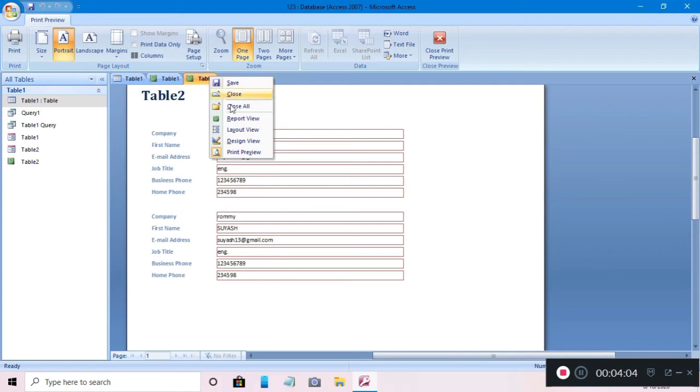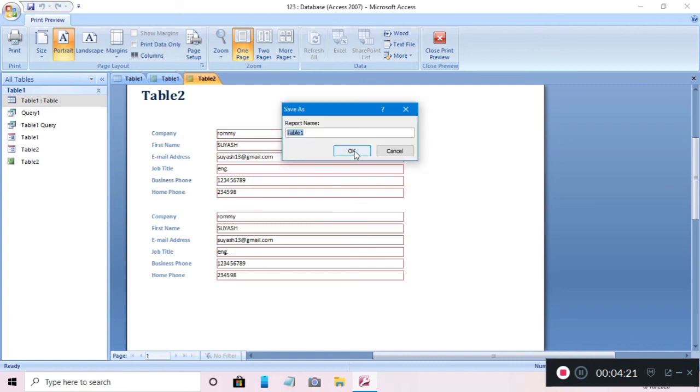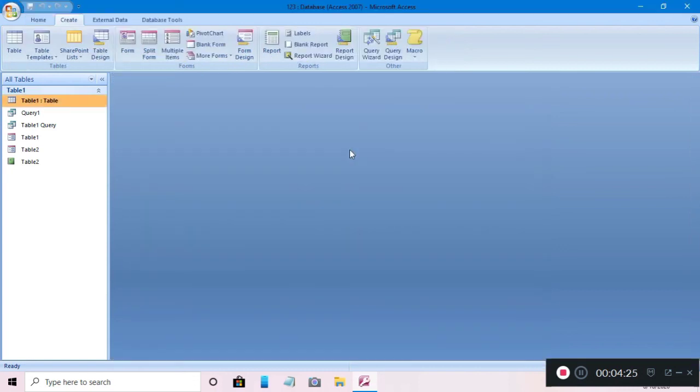You will find here the Close All option. Close All. It's asking, do you want to save the changed design? That means whatever we have created in the previous steps, do you want to save it? Yes. And it is asking the name of the report, table 1.